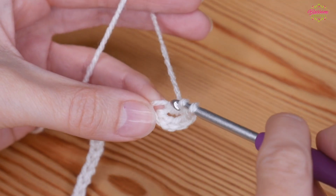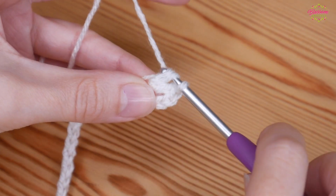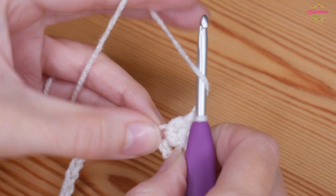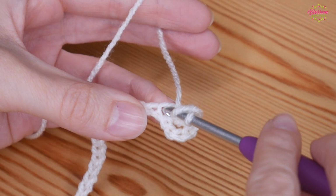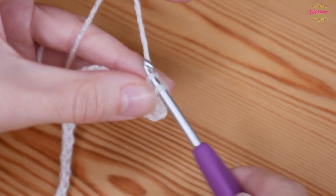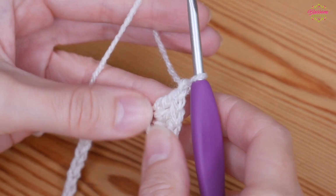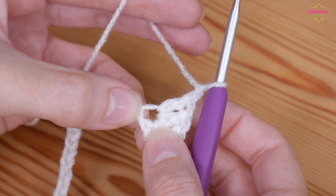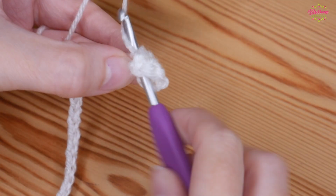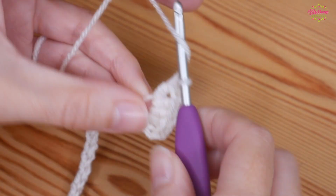You want 2 more. So yarn over, back in that same chain, yarn over, pull through 2, yarn over, pull through 2. 1 more now. Yarn over into that chain, and then yarn over, pull through 2, yarn over, pull through 2, chain 1, and then again you're going back into that chain that you've just been working into and doing 3 more UK trebles. So 1,